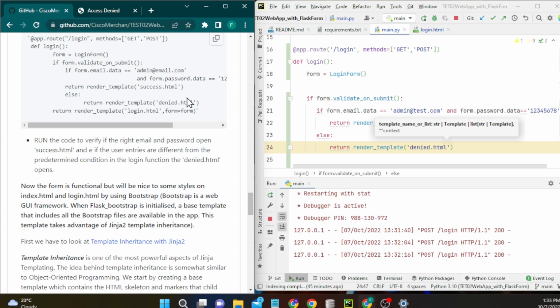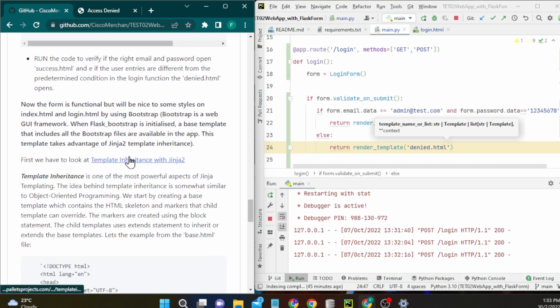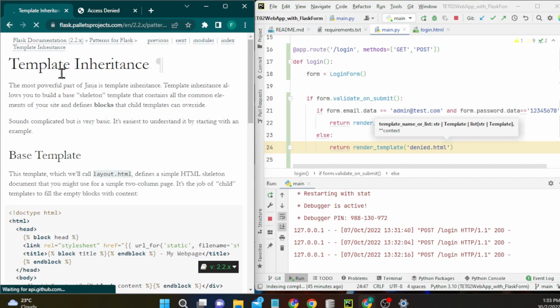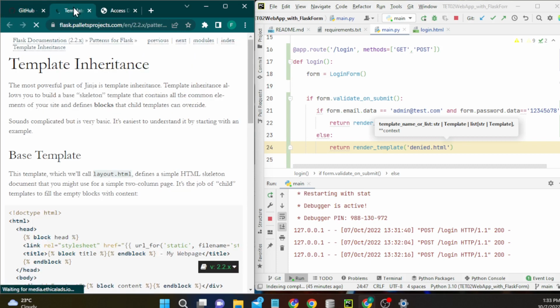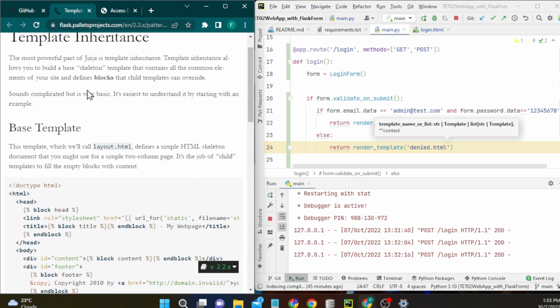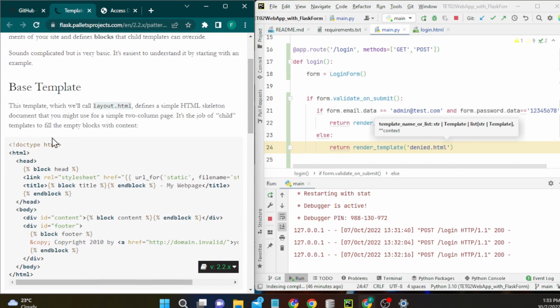This template takes advantage of Jinja2 template inheritance. So here we can have a look at template inheritance first before going to Bootstrap. So if we open here another tab, our template inheritance. Okay, this is how it looks. So the idea of creating template inheritance is to have a base template